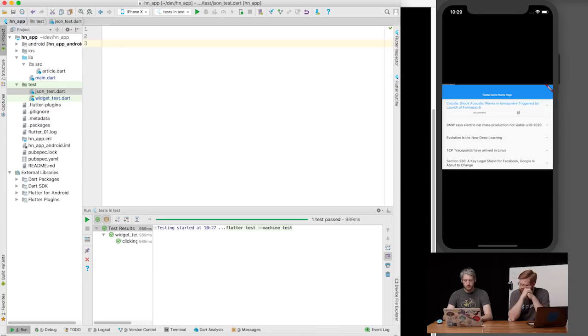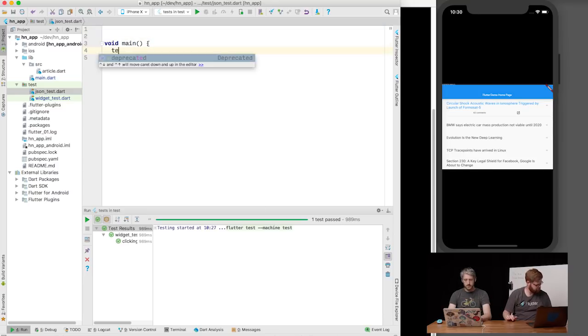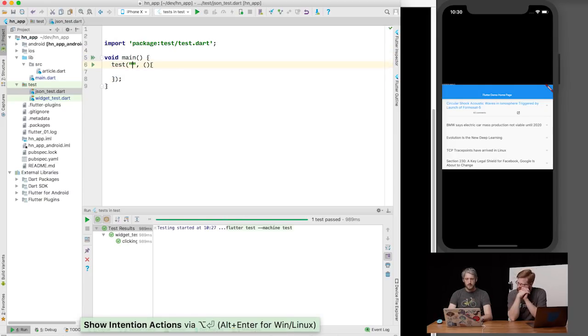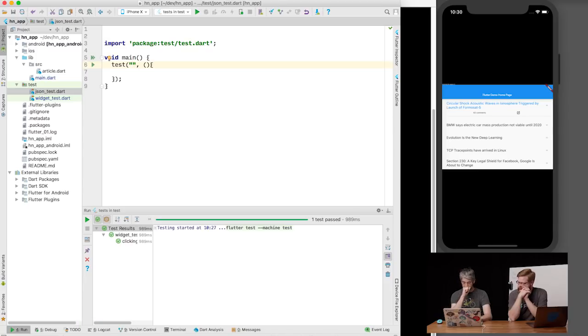This is going to be, I think, because this has nothing to do with Flutter, right? We're just parsing. Yeah, this is just straight up JSON. Dart. So this would be a unit test. Yeah. Right? So this is going to be a test, a unit test, and that so the test should